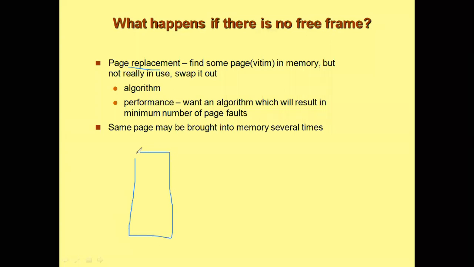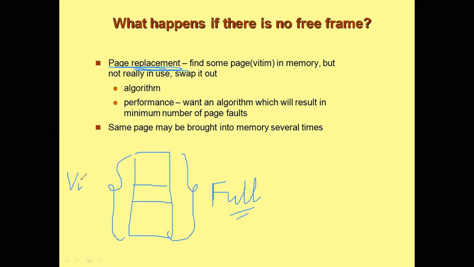So as I said, you have to bring in the required page by allocating a free frame. But if the main memory is completely full and there are no free frames, then what do you do? You have to somehow get that required page into the main memory. This scenario can be overcome by a technique called page replacement. You need to find some page in the main memory, which we call a victim page, and replace that page by the new page that you are getting from the disk. So this technique is called page replacement.